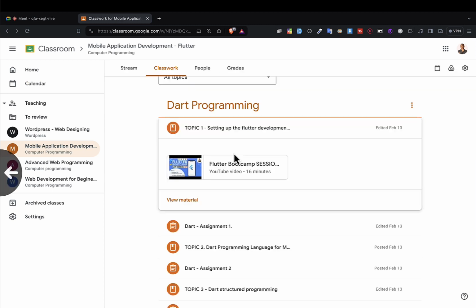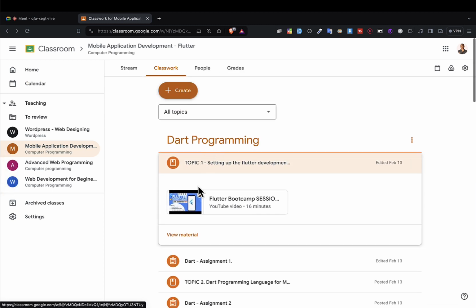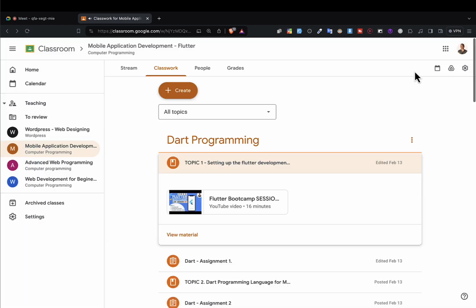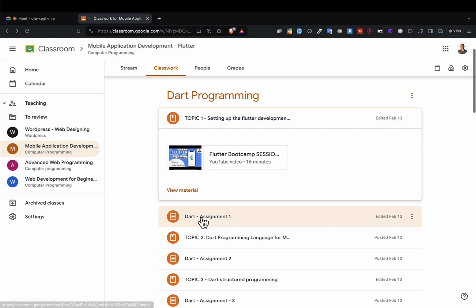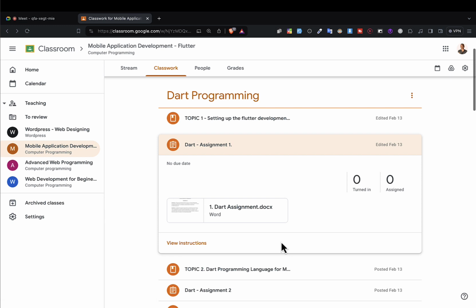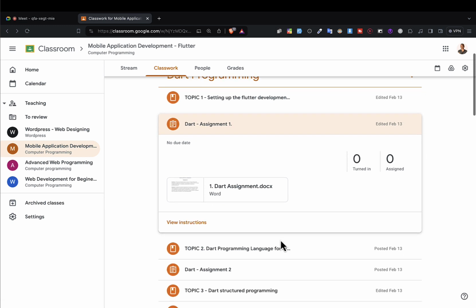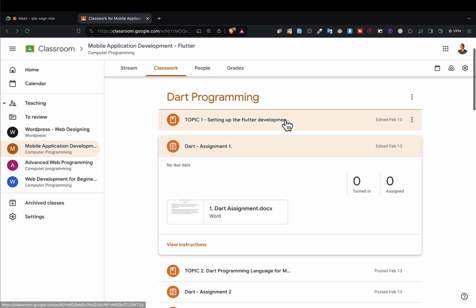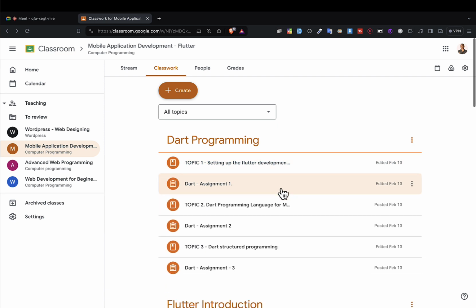So I'll come back. You click on the content, you click on this video, on this image like this. It opens, you put it in full screen, you learn, you practice as you learn. When you finish, you do the assignment and submit like this. To do the assignment, it is simple. I will show you how to do it. So with that said, you can write down your questions in case you want to ask me questions. That's how you're going to be learning.